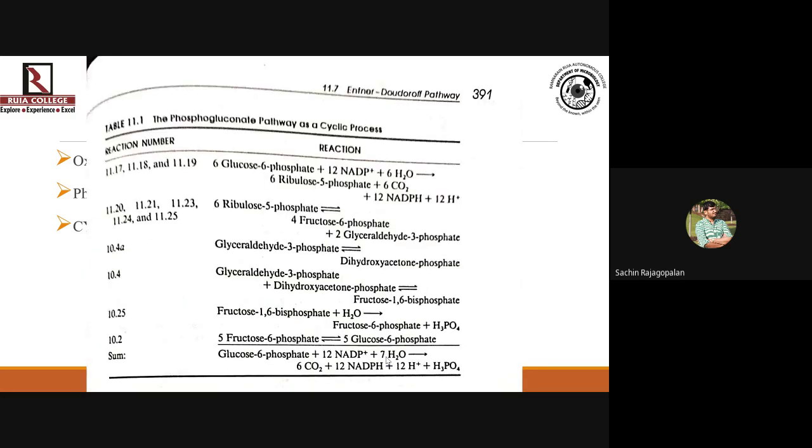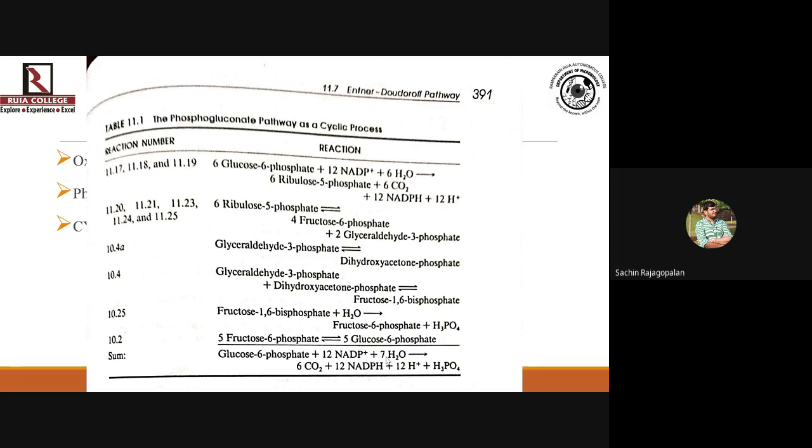So this is the overall representation of the reactions taking place in the phosphogluconate pathway, another name for the HMP pathway. Okay. So this is giving you an idea of how you are forming glucose 6-phosphate from glucose 6-phosphate, combining both the oxidative and the non-oxidative process. Okay, so that's the overall picture of how it can be a cyclic process because you're starting with glucose 6-phosphate and you're ending with glucose 6-phosphate. That's the overall idea over here, which you can see.